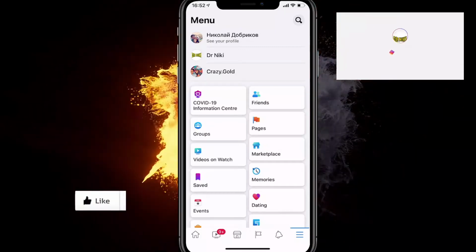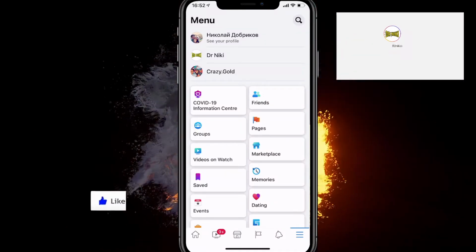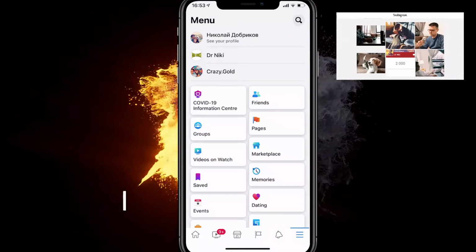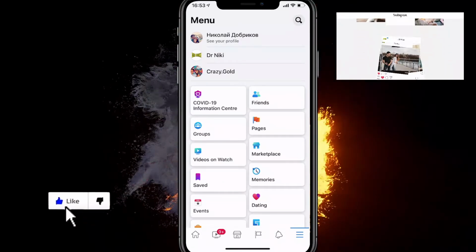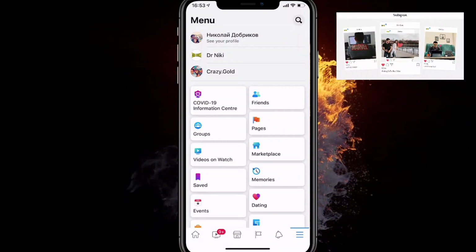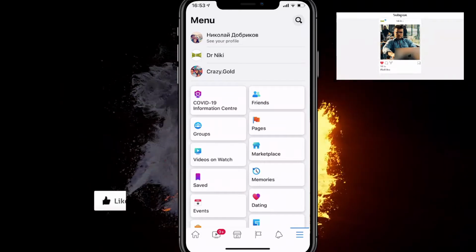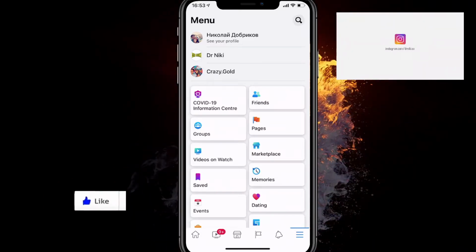In this video, I'll show you how to fix add friend not showing on Facebook. It's a very simple trick. Here's a few ways to fix it and a few reasons. The first reason is, and I gotta start with it, is someone blocked you. If someone blocked you, you won't be able to add them as a friend, or if someone rejected your friend